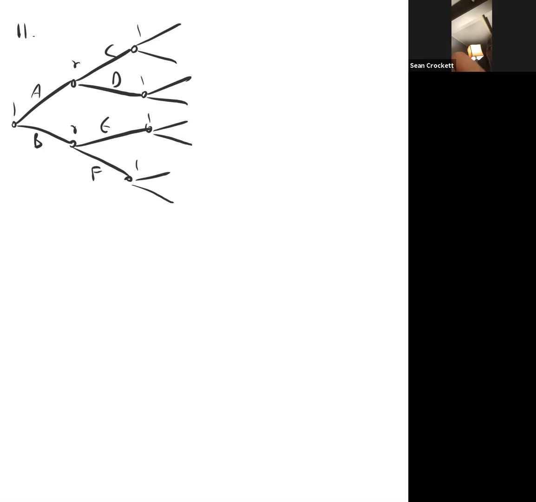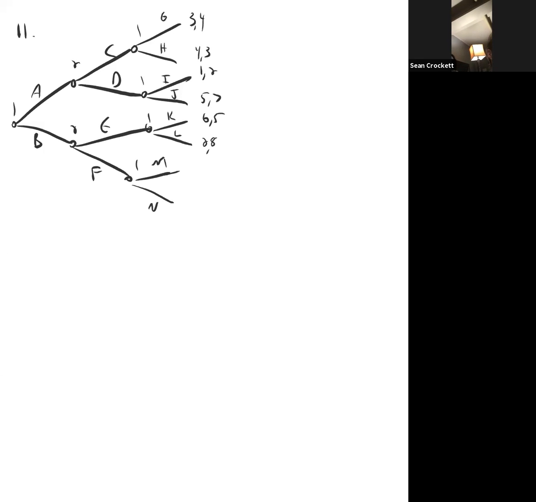No information, no dashed lines. J, K, L, M, N, and payoffs 3, 4, 4, 3, 1, 2, 5, 7, 6, 5,